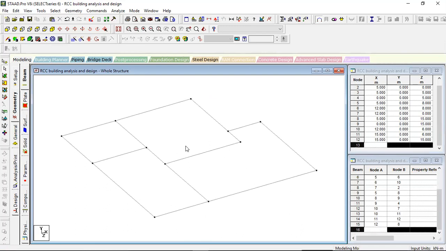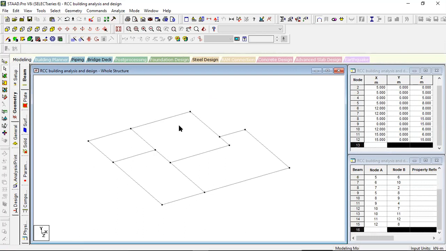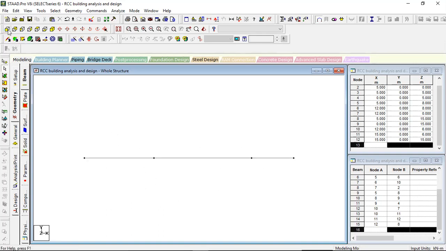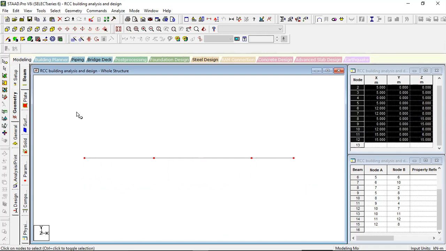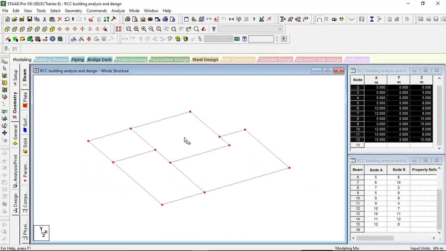Now this plan, let us see. So first I need column positions. Wherever the junctions are, I'm going to provide the columns. Okay, so what I will do, I will view it from the x direction, go to node cursor, select all the nodes. Okay, once again view it, see. So now I will drag them down to the footing level. Okay, so actually we need one more beam over here, one more support over here. So that also we will do.